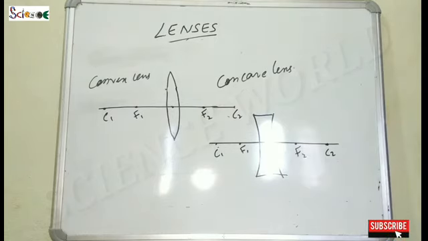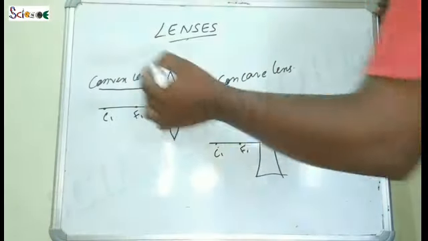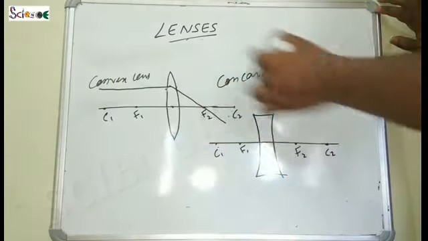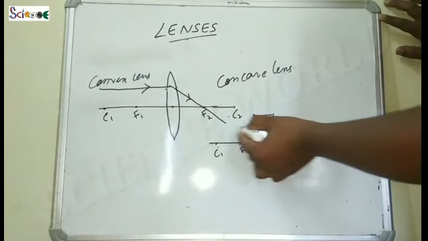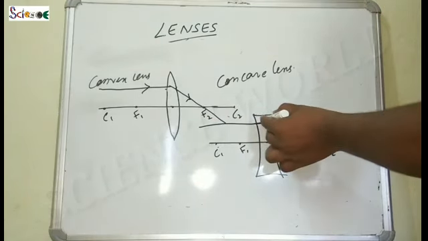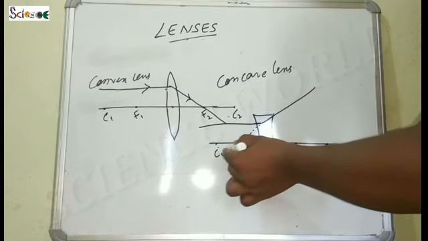Okay, now let's see the nature of rays in the convex lens and in the concave lens. Convex lenses produce converging rays after refraction, and concave lenses produce diverging rays after refraction. Let's see an example. This is a ray which is parallel to the principal axis. After refraction, it converges, giving the refracted ray. It is incident and this is the refracted one. When a ray is parallel to the principal axis in the concave lens, what will happen after refraction? It will diverge in a manner that its imaginary ray passes through the focus.